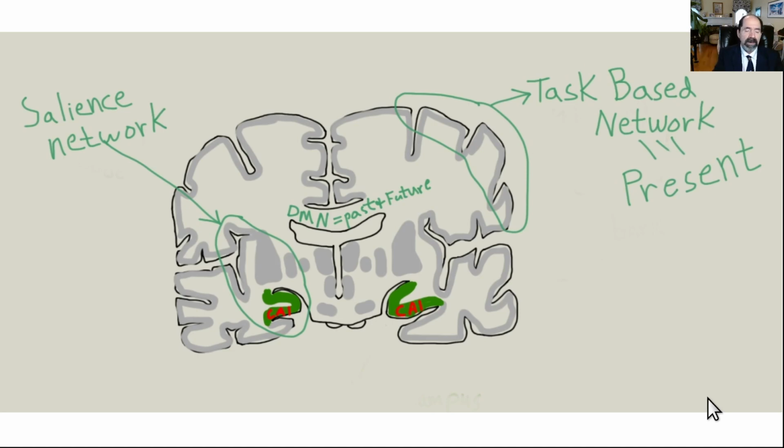Okay, this video is about how focused breathing lowers stress levels. We'll just talk a little bit about the brain here. In the center of the brain is something called the DMN, the default mode network. If you put a patient on a functional MRI table and just have them lie there with their eyes closed, and you ask them what they're thinking about,